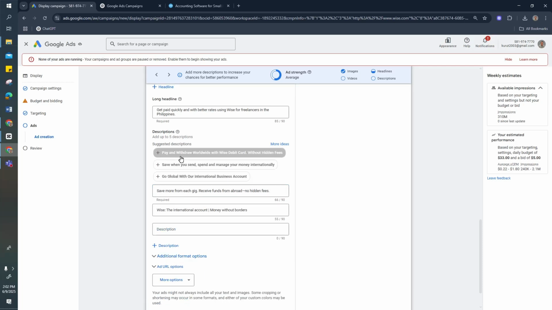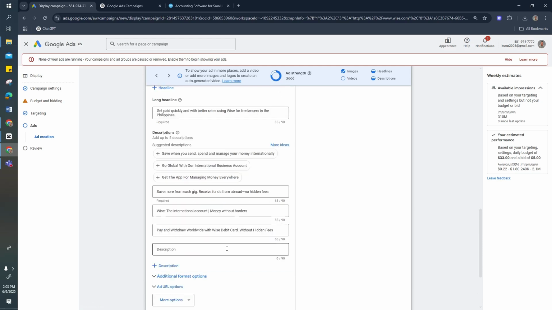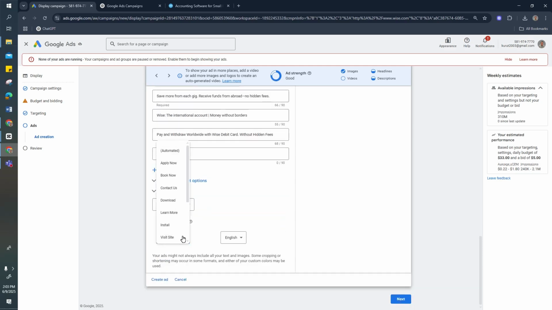Again, you can add more descriptions based on the